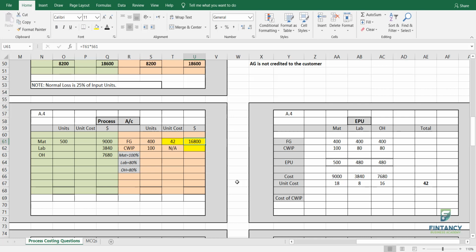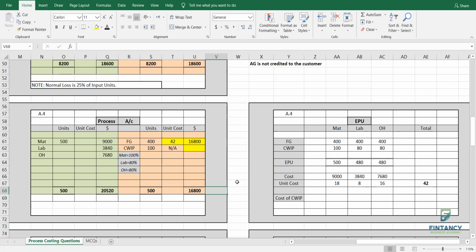Right? Everyone? Okay. First of all, total the T account also. So this is 500 and this is 2520 and this is also 500. Okay, you can total it. So see, both are matching, right? 500, 500. It means what? It means there is no abnormal loss and no abnormal gain. No normal loss also, right?